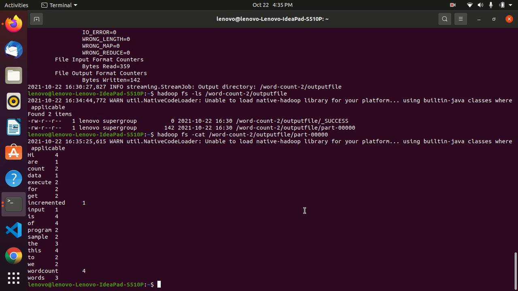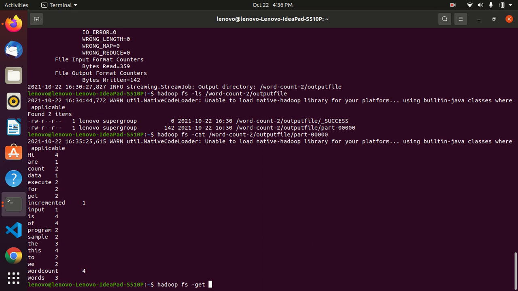And if you want to download that file into our local system, then we use hadoop fs -get and our user location and our destination location, like source location and the destination location. Let's do that also. hadoop fs hyphen get.